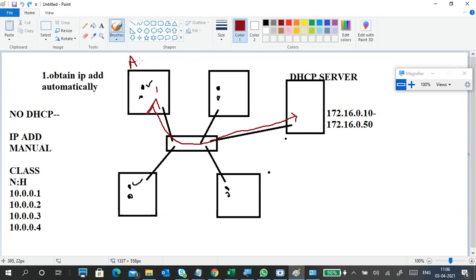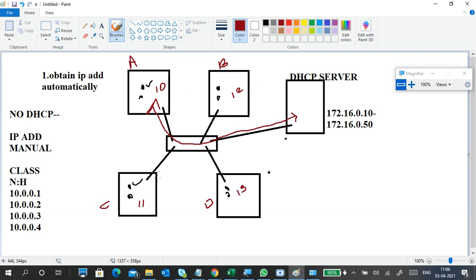I start my PC A and I get an IP address from this pool, first 10. Tomorrow I start my PC C, and I get 11. Then I start PC B and get 12. Then I start D and get 13.